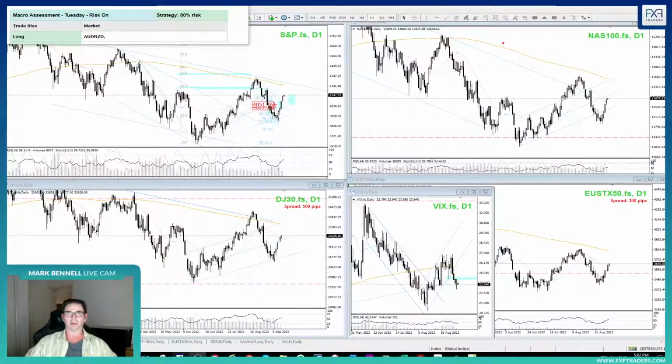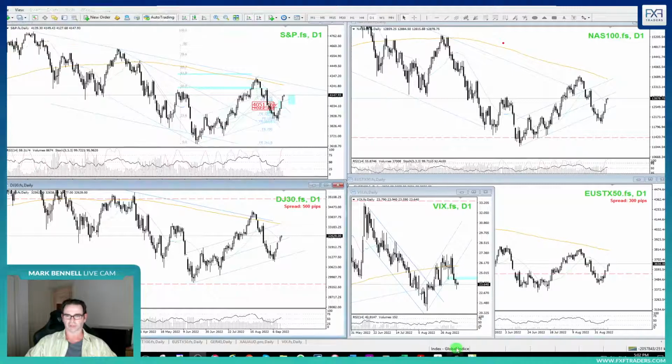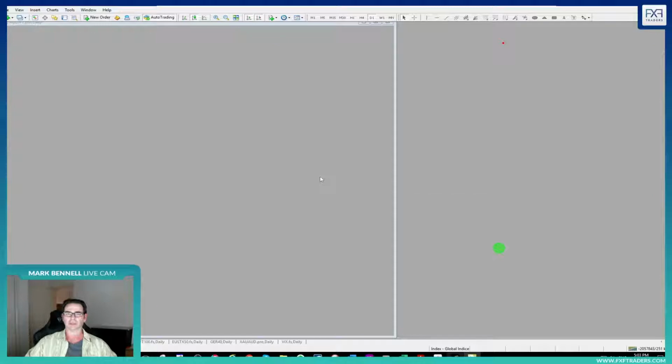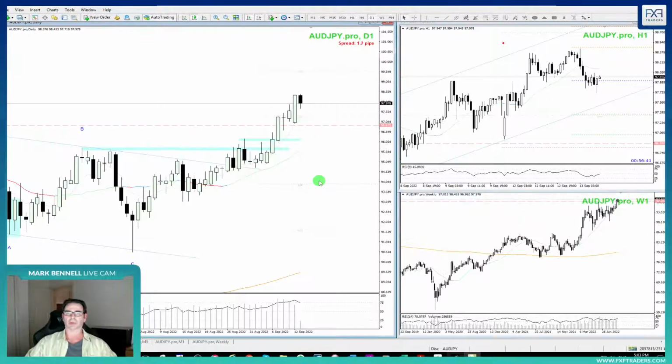Let's jump in. I'll have a look at that AJ first so you can see. Alistair brought it up, and good observation. A couple of minor concerns. AJ is just, here's a short-term moving average. Here's a 20, just getting that little extended look. It's not as ideal as here, obviously.